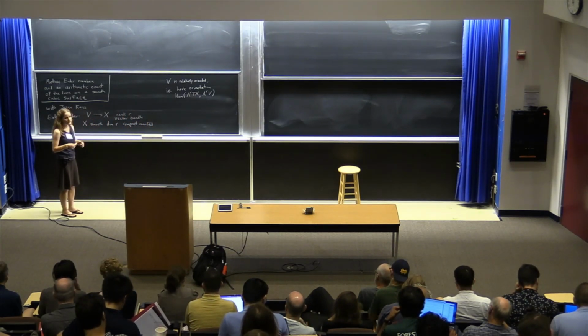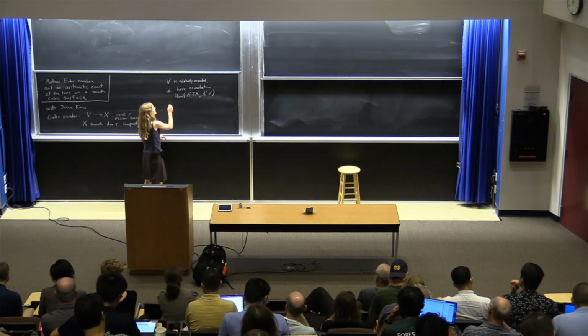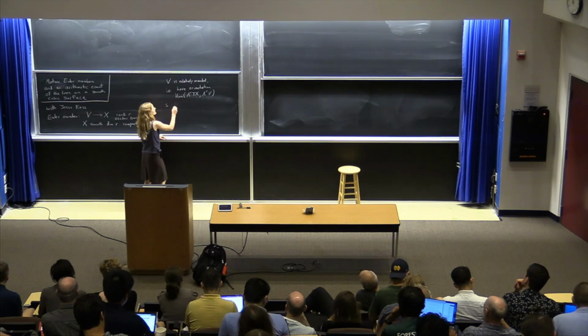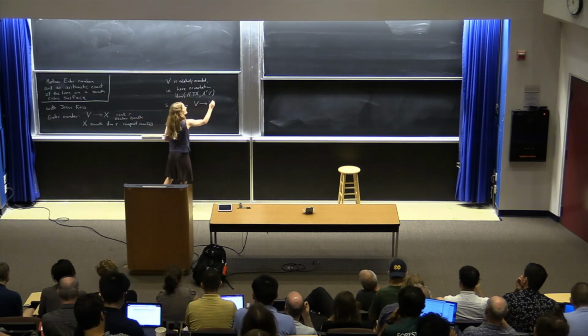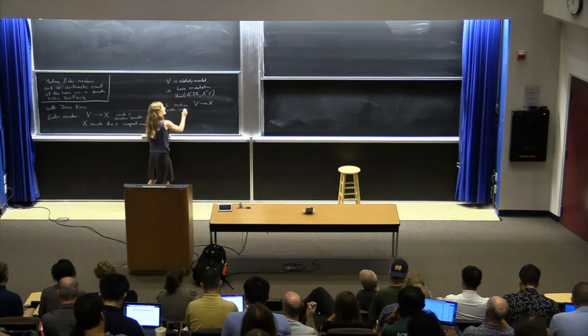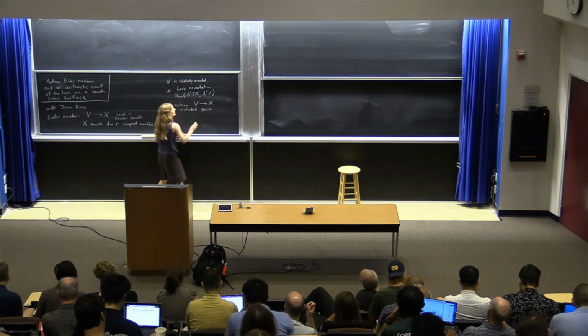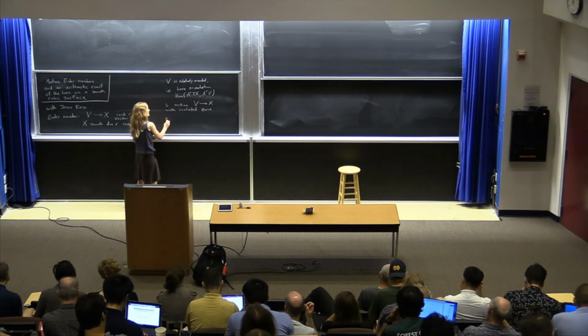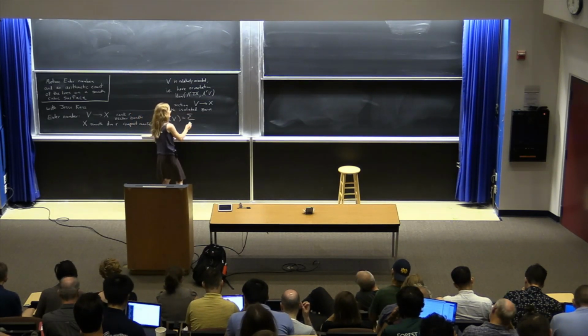And then let's take a section that only has isolated zeros. So S, a section of V to X, with only isolated zeros. And the Euler number can be computed with this section, and it's a sum over the points in X